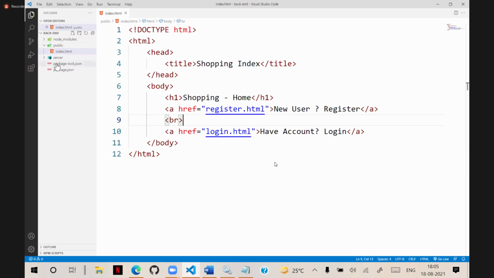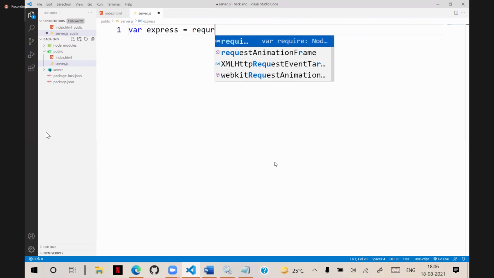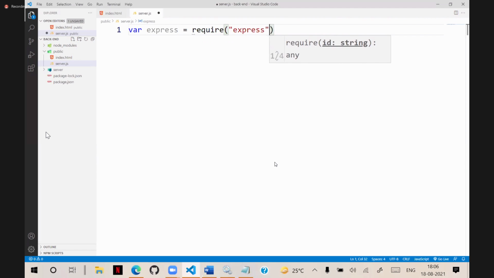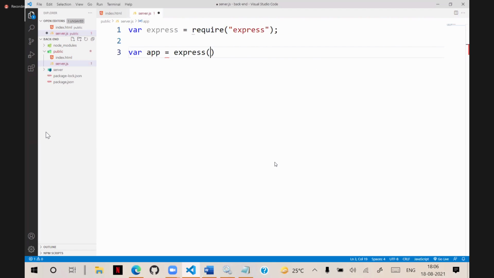Then we have to create server.js, where we need to configure the server. How can we configure it? var express is equal to require express, and now we create app is equal to express.